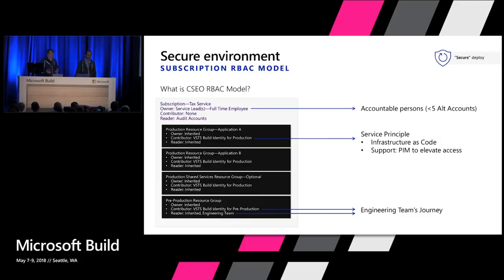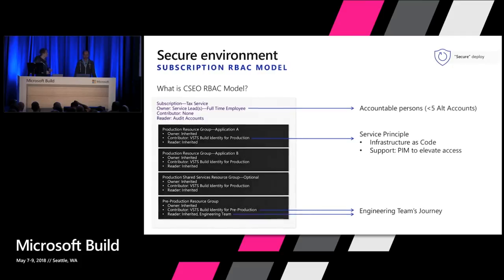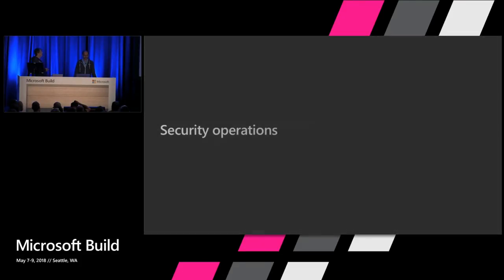So if a support engineer needs access, you can go ahead of time and say, I think Joe is going to need access to production while he's on call this week. He doesn't have access until he needs it. But when he needs it, he can get access, and then, by the way, he gets pulled right back out. And so you can time bracket these things. Not only time bracket how much time he's in, but how long he's eligible to be elevated. Sorry, I'll go through that a little bit more.